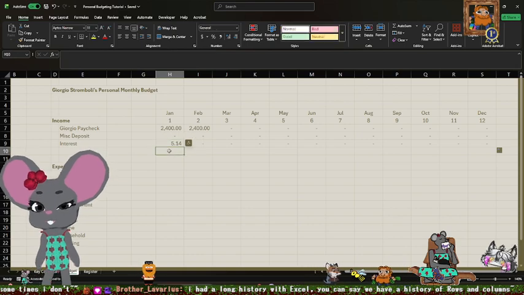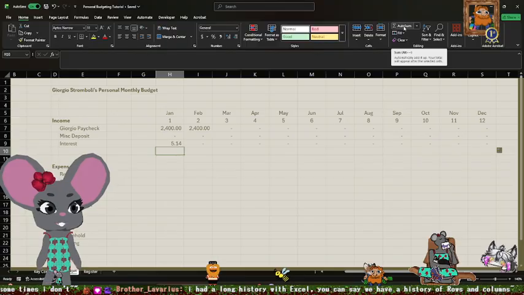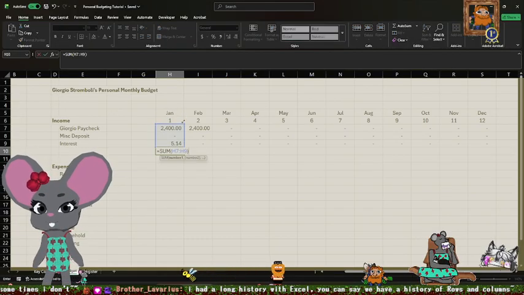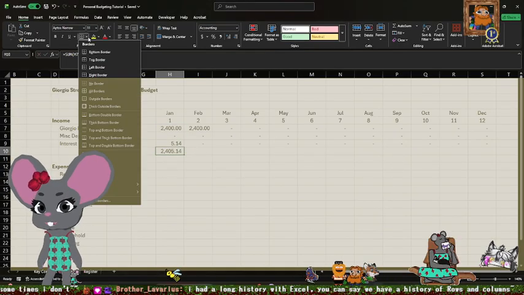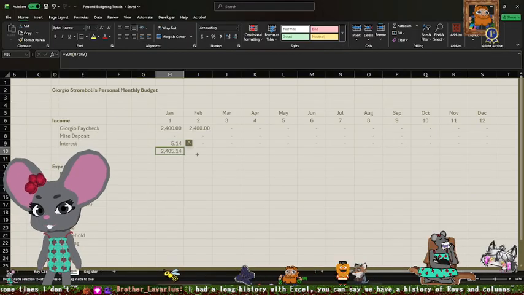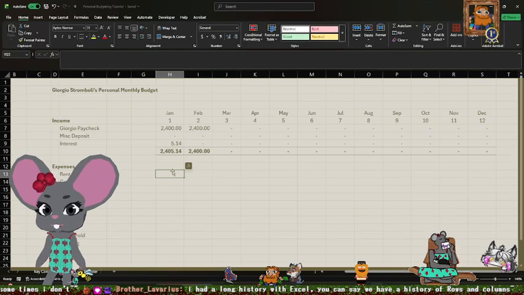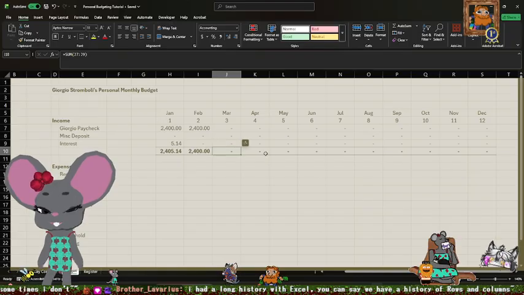And then let's go ahead and put a total in here. We can click this auto sum button, except it is gonna grab that number 1, so we wanna just drag that down and not include that. And then let's format that with some lines and drag that down. And we can bold that, and we've got our total monthly income.